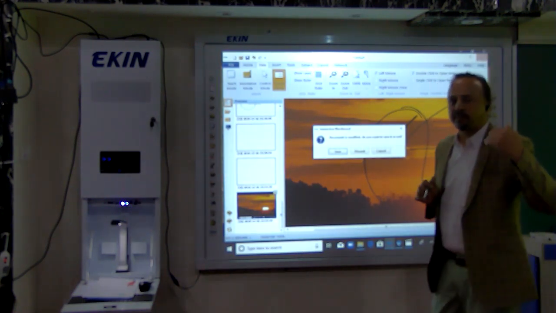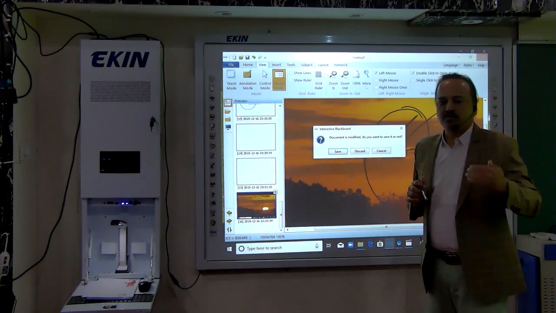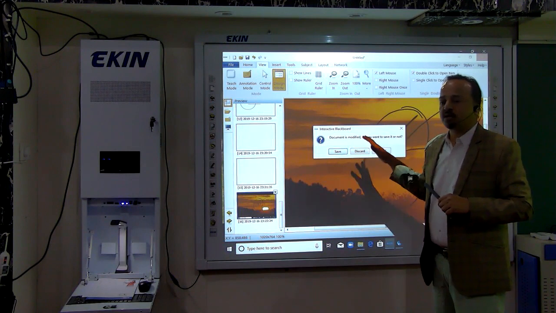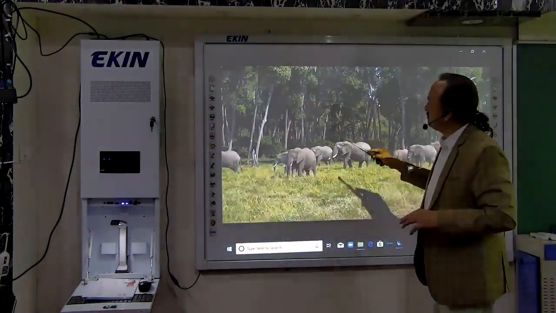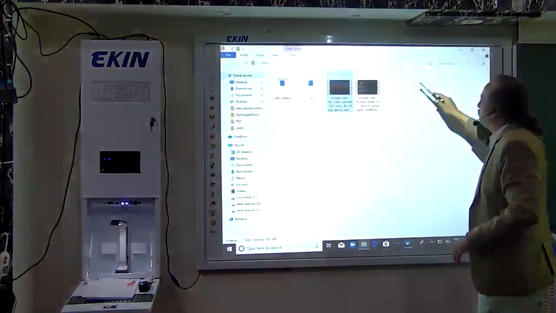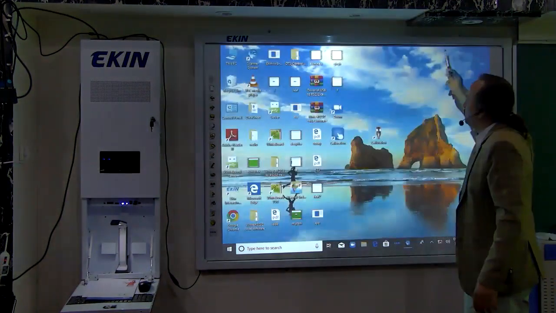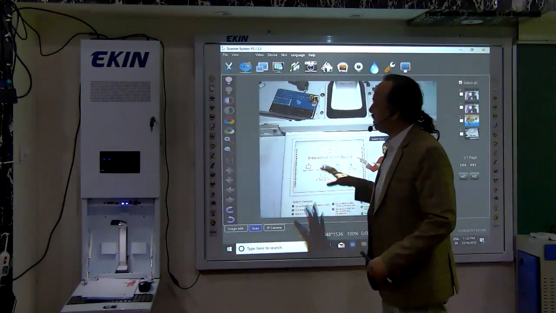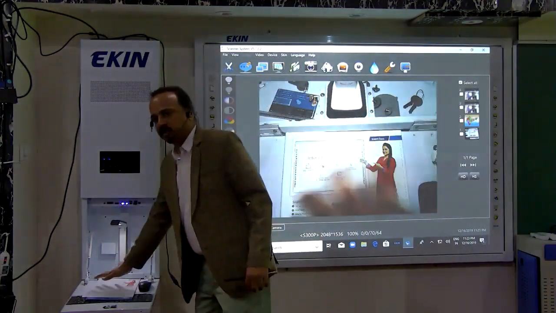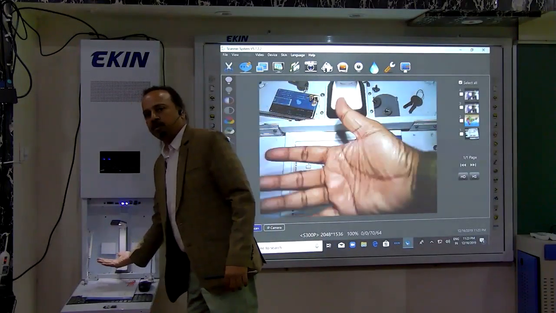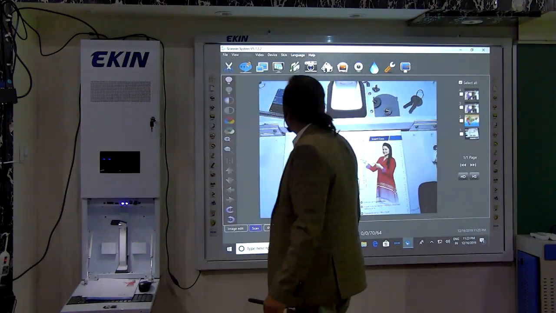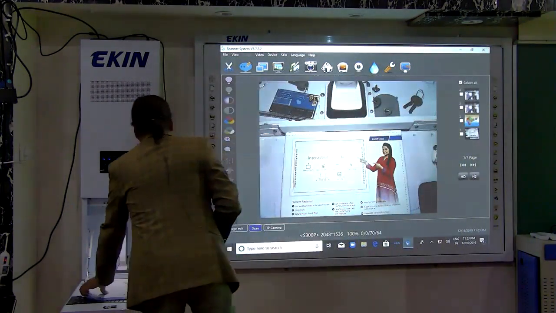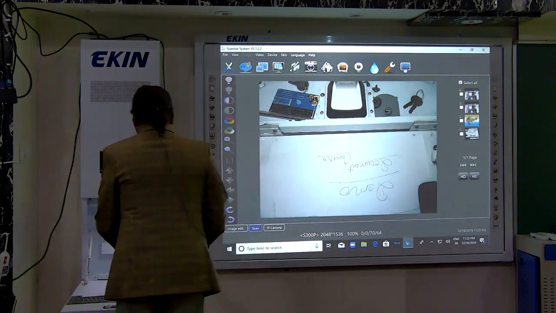We are trying to summarize the features of the software, trying to make it as simple as that. There are a few more hundred features available which we are not showing to you. Apart from this, as I showed you, we have a document camera which can be used here. So I just try to open the software for the document camera. This is the software which we have opened, and this is the document camera which is already there. You can see this is changing when I'm putting my fingers here, right? And we have just scanned this. You can try to change the pages of this.